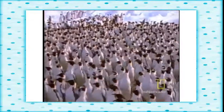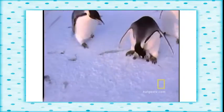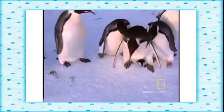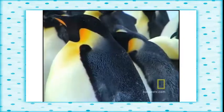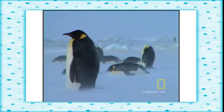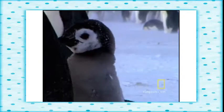These tuxedoed waddlers are emperor penguins. You may not know it, but these semi-aquatic birds are some of the most dedicated parents in the animal kingdom. I mean, would you be willing to do what they do? Spend 65 days huddled here in this penguin pack in temperatures that can drop to 112 degrees below zero, with